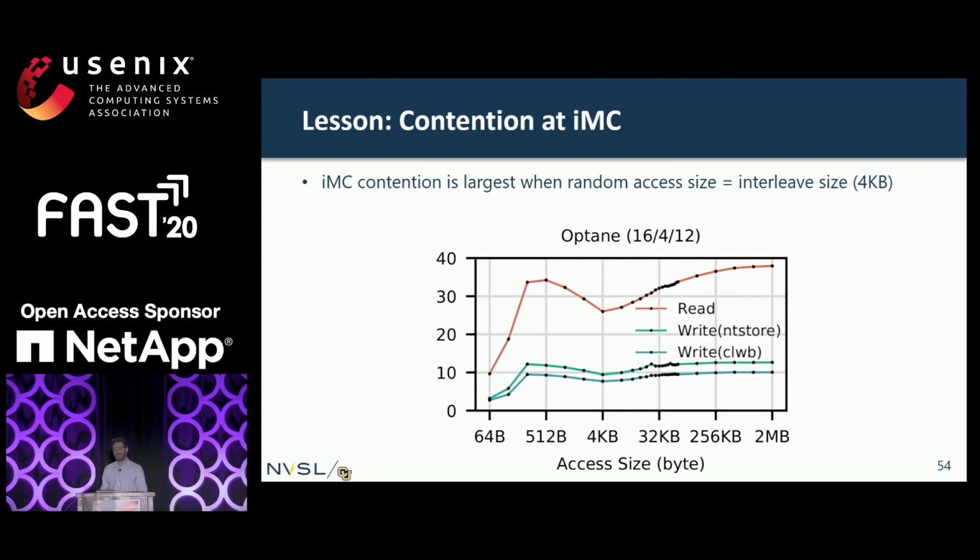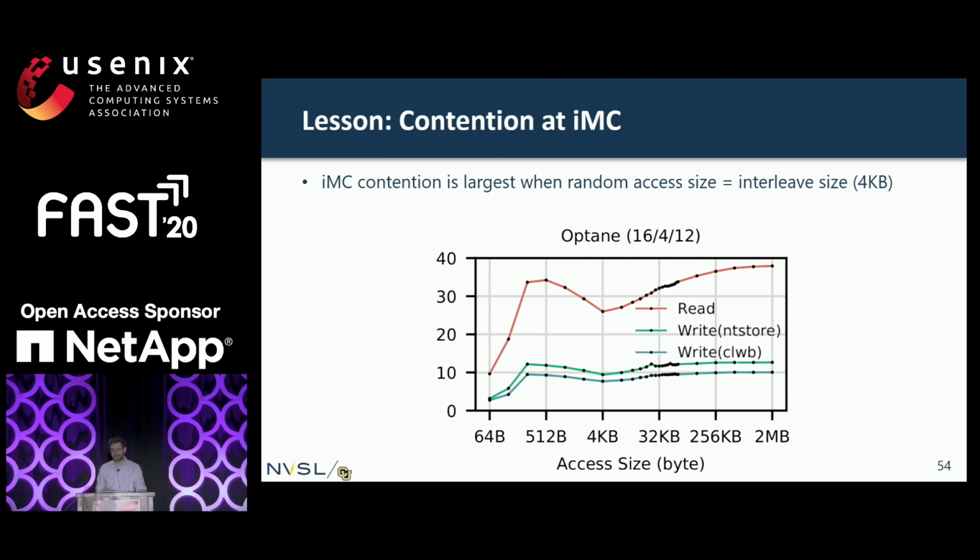So if we have accesses that are larger than the interleave size, every thread, anytime it does some access, is going to spread its access across multiple DIMMs. Whereas if we're hitting exactly at the interleave size, we have these bursts of accesses that all hit the same memory controller and the same DIMM. And because the media is relatively slow and we have reasonably small queues at the integrated memory controller, we see this dip at 4K, which is exactly the 4K